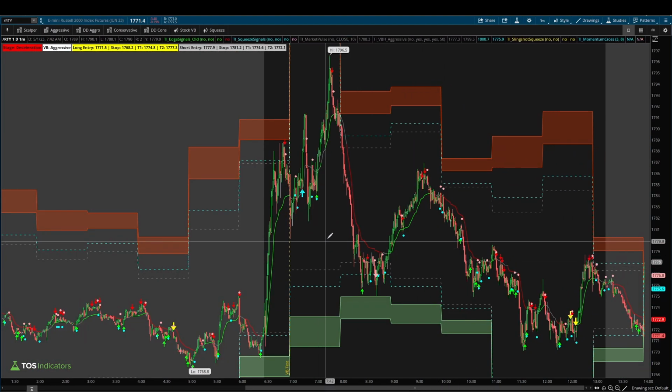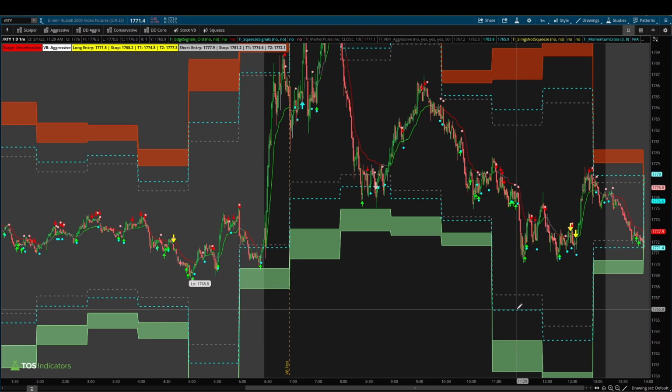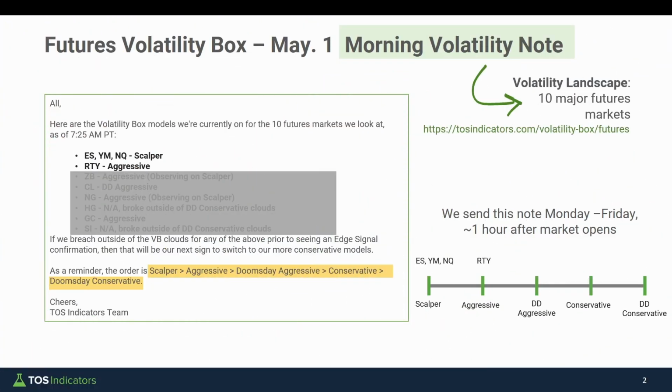Now the rest of the day inside of the Russell, we just chopped around sideways. We had price action reverse when the other indices also triggered the opportunities here in that 11 to 12 p.m. Pacific hour. But you can see in the Russell, we don't get anywhere close to the level we were looking at. So one more time to summarize, today particularly, we had 3 of our 4 index markets on the scalper volatility box models